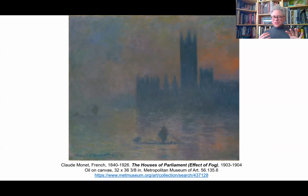So this is the other interesting thing, is he's also going to break with some of the assumptions we have about impressionist artists who do everything outside in front of the objects that they're painting. He is drawing, he is painting over and over and over again, but these canvases are then taken to Giverny, back to France, where he actually will work on them over a couple of years and finish them in his